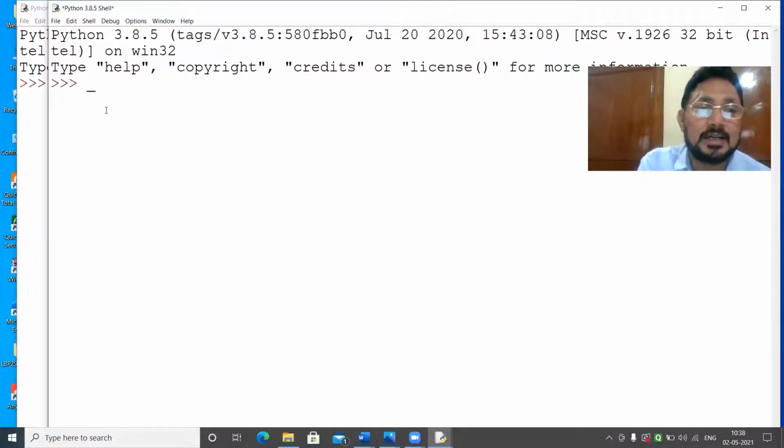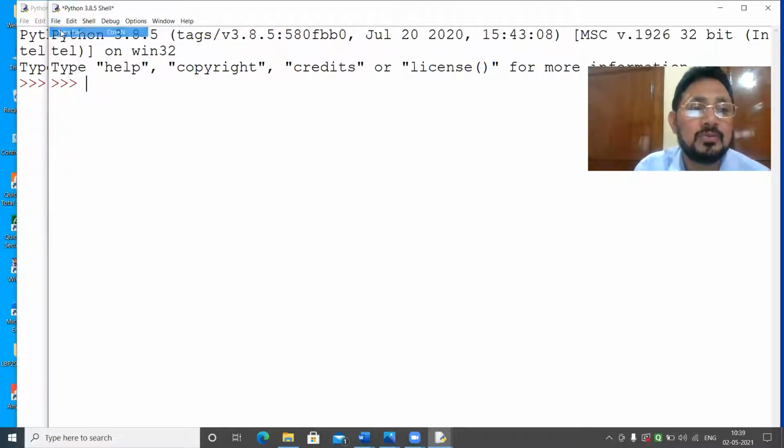Suppose I write here underscore underscore. How to write underscore? You know, shift and minus gives underscore. Underscore underscore, then you have to write init, then again underscore underscore. You have to save this as a file, and it should be an empty file. This I have already explained to you.